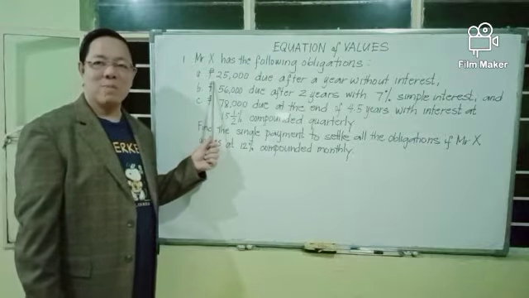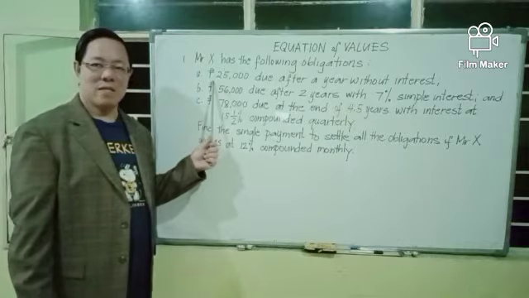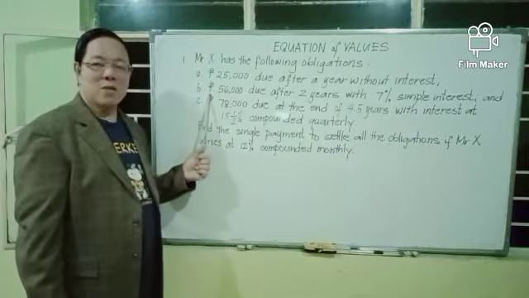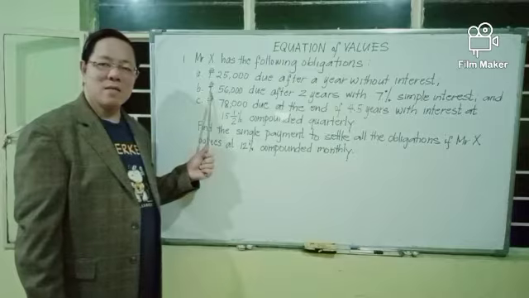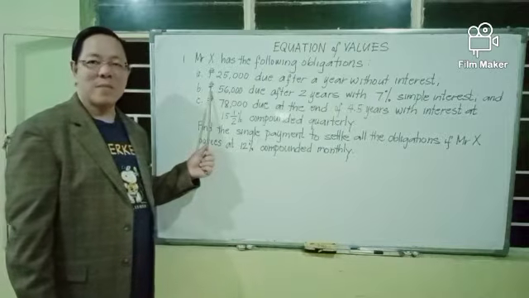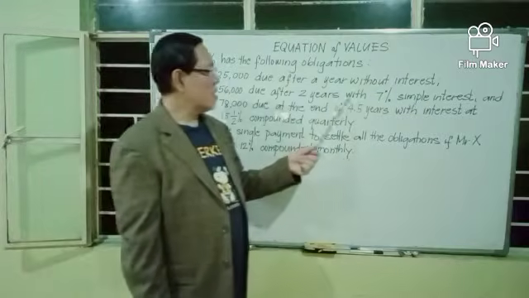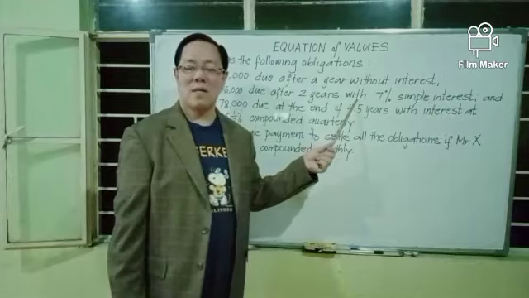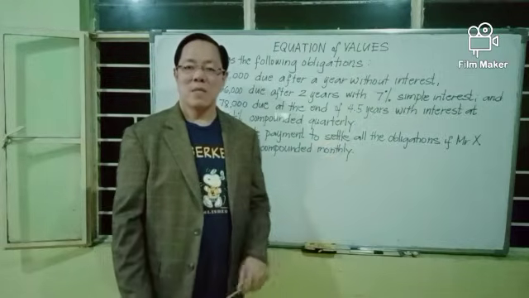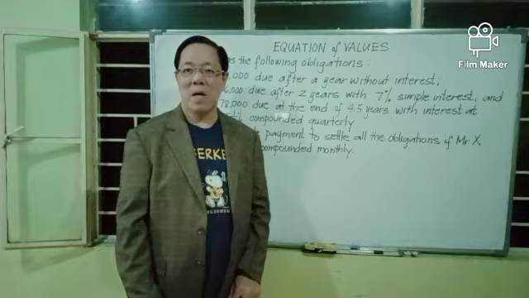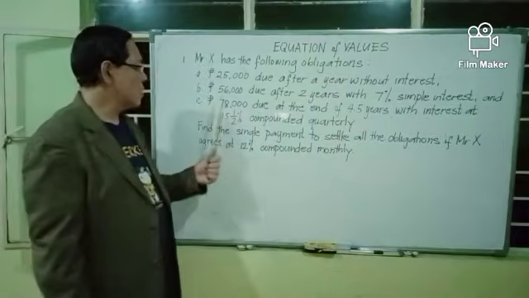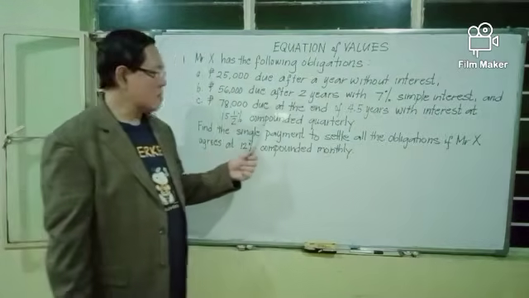The second obligation is due after 2 years, but this loan of 56,000 pesos has an interest of 7% simple interest. That means we have to find the maturity value or the accumulated value of 56,000 pesos after